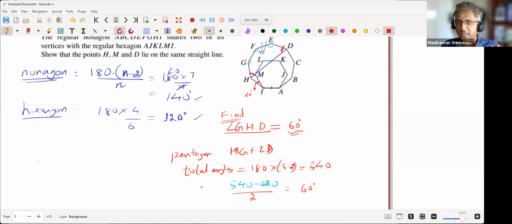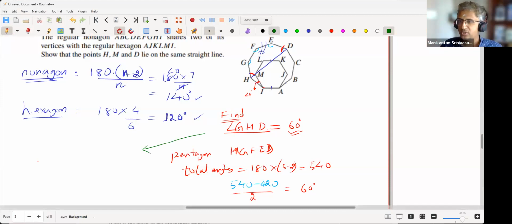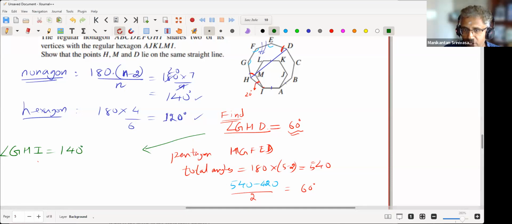In the nonagon, GHD is 60 degrees. Correct? So far, so good, right? And therefore, I'm still continuing on the nonagon. I'm not even seeing the hexagon. Just forget the hexagon is even there, right? So we know the angle GHI is 140 degrees. Each angle is 140, we know. So this is 140. And therefore, if I subtract GHD,